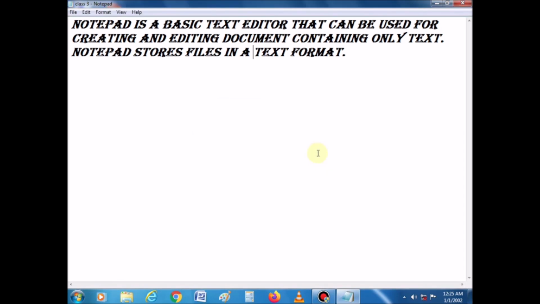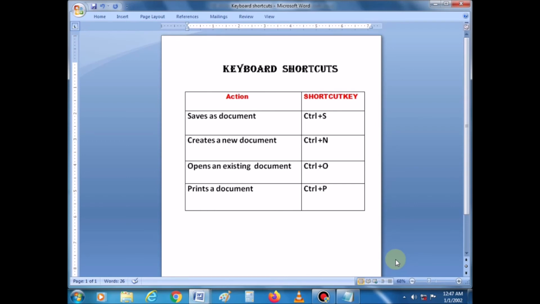And we have some shortcut keys also to do the same operation. You can see here keyboard shortcuts. If I want to save a document, we can use a keyboard shortcut key also. So when we press Ctrl plus S, so our document will be saved.